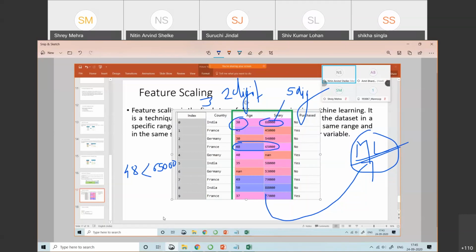What will the range of age be? It will stay between 2 and 3 digits, right? And salary should be 5 digits or 6 digits. You cannot compare the age values with the salary column, right? Because the range is fixed. But the machine learning model does this kind of thing, like comparing 35 with 58,000 and concluding that 58,000 is greater than 35, but that is not the case.